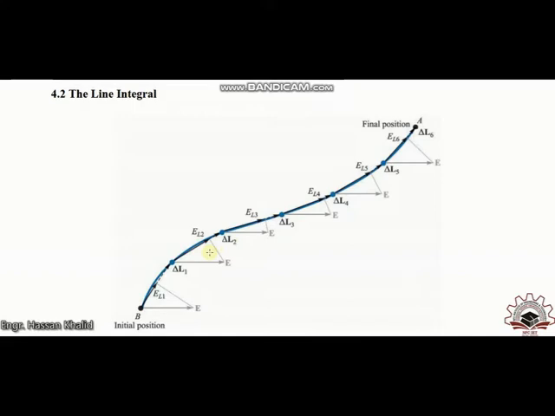The first method is to make the small patches and assume them to be linear, and then take the sum of each and every patch. That means the work done in this patch plus the work done in this patch, and we do that till the last distance, that is del L6, the last patch. So that is how the first method can help us to calculate the net work done.